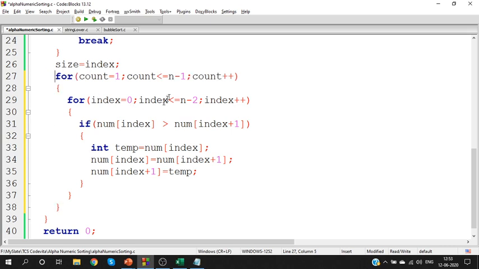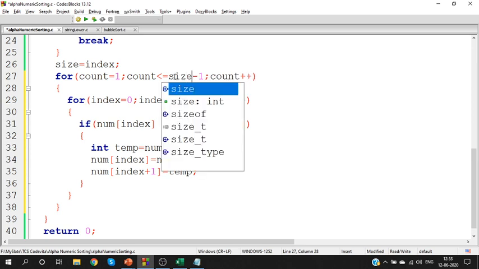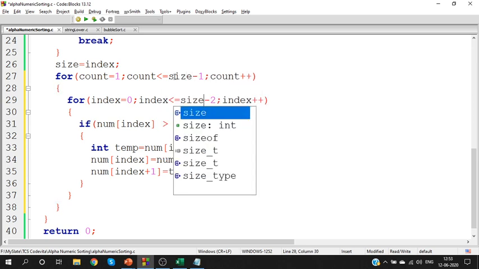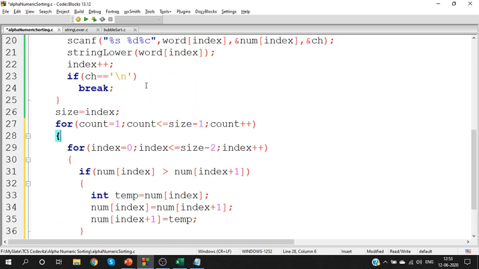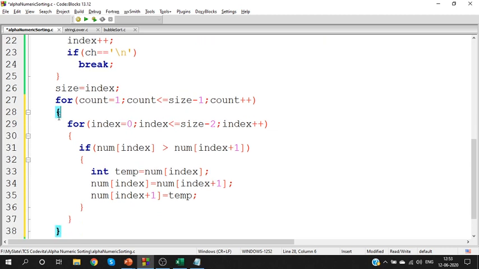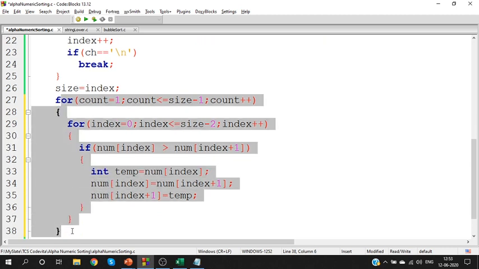Can you all understand this? Yes, in this case, size minus 1 and size minus 2. That's it. Have I made it clear for all of you? Okay, so this will sort the number array alone. Which sorting technique are we using here? Bubble sort. So when you do n minus 1 iterations, bubble sort will be completed.